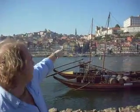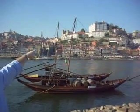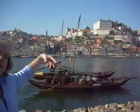Now, when you come here you want to get around the town, there's an easy metro system that takes you all over from the 2 train stations, because you're going to come into one, and then you have to take a metro or another train to come into the other station that's here downtown, which is behind the white building there. Those big white buildings up there, that's the back of the cathedral. On the other side of the cathedral is the São Bento station, which inside has beautiful azulejos, those blue tiles